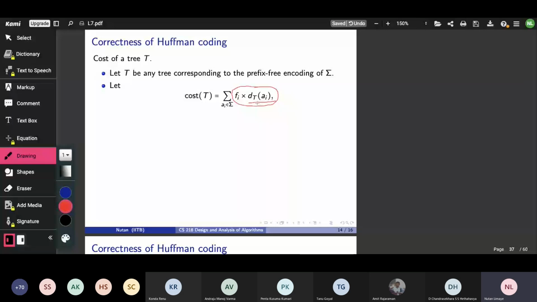And now I just add this quantity for all the letters in the alphabet. So cost of the tree is basically the number of bits I end up sending. If the encoding is given by this tree, then cost of T is the number of bits I use to encode the entire file.